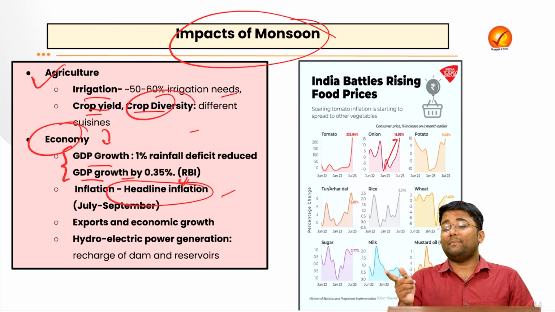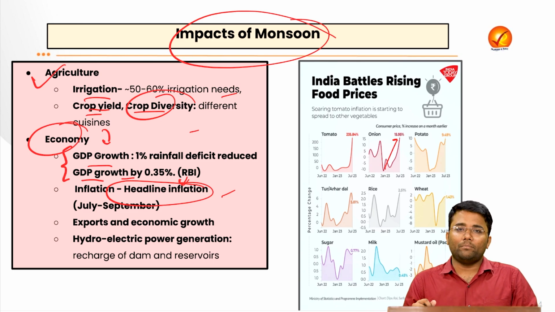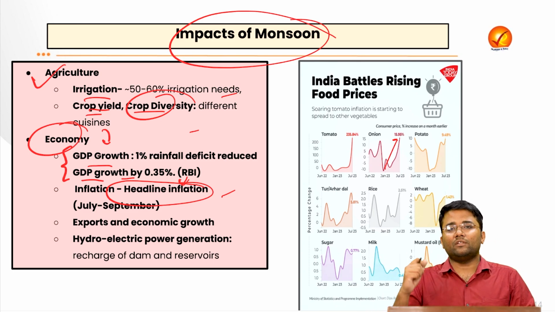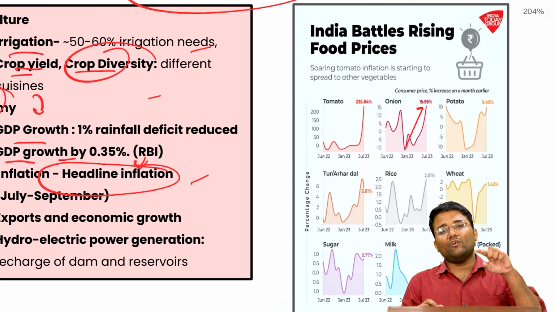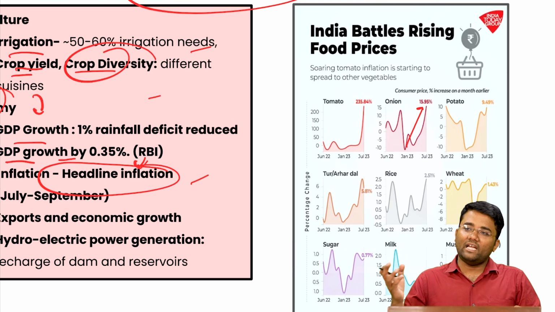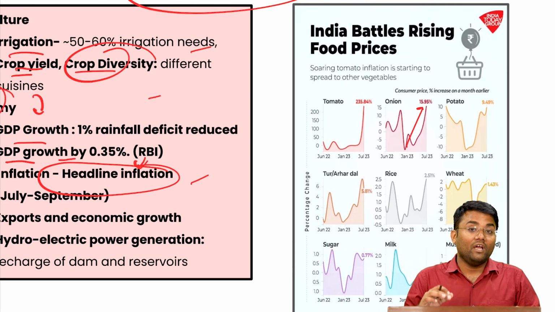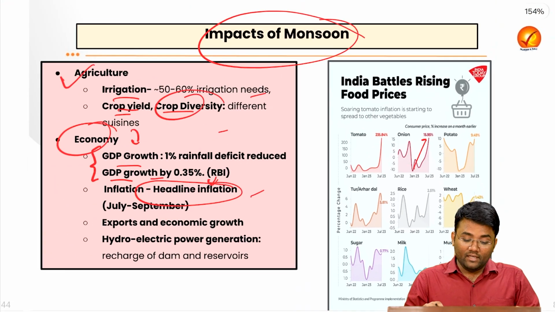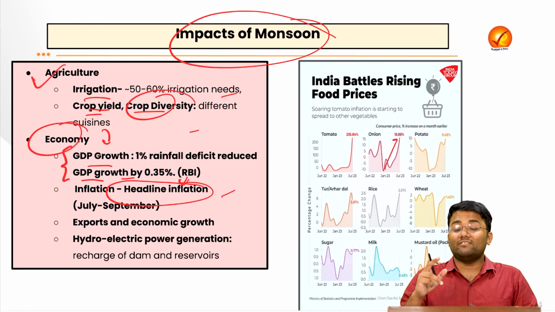There are various other supply chain disruptions and transportation issues that keep going due to the monsoonal rainfall. For example, roads would not be proper, or a tree may fall on the road. So when there are inconsistent supplies, obviously the availability of these products in the mandis will not be good, and when the supply crunch is there, that will again shoot up the prices. So this is a very good observation which we saw in the economic survey, that the months of the monsoon season also correlate with high food inflation in the economy.